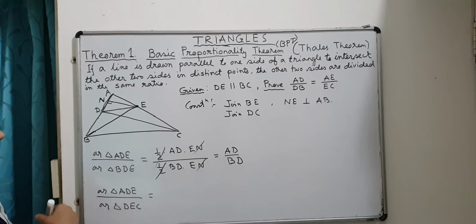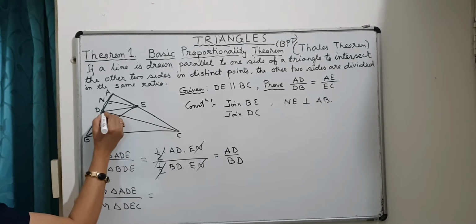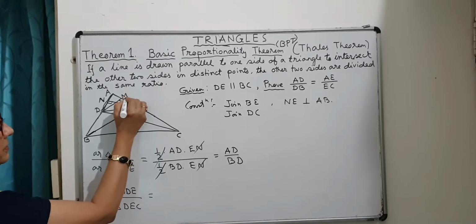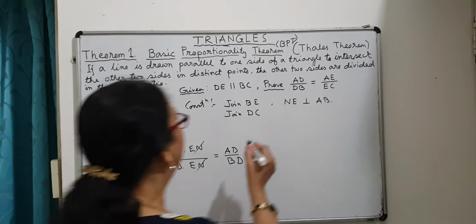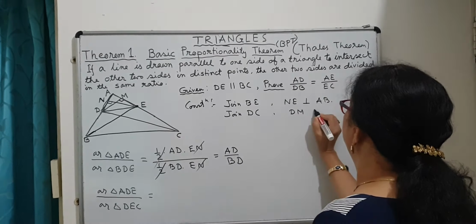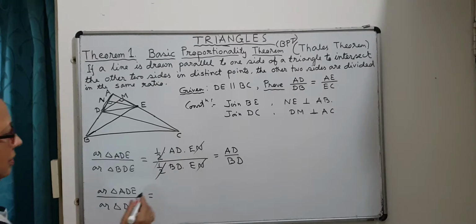Now here, when I am considering this ratio, for this triangle AD I have to take A to be the base. So if A has to be the base, then what will be this altitude? From this I have to drop a perpendicular, say it's DM. So that is, DM will be perpendicular to AC. So in this way I am getting what construction I have to do depending upon needs.